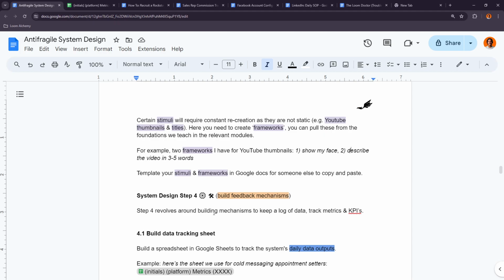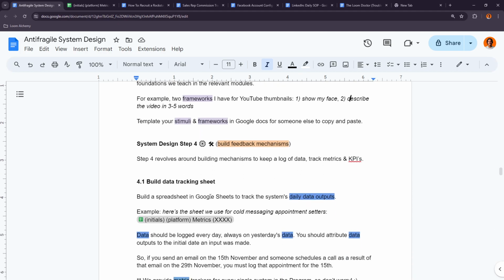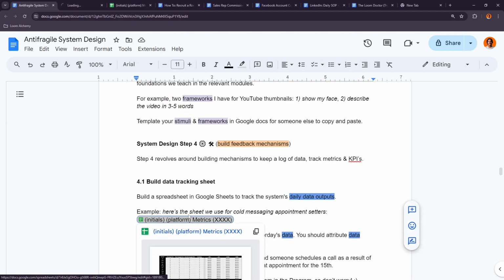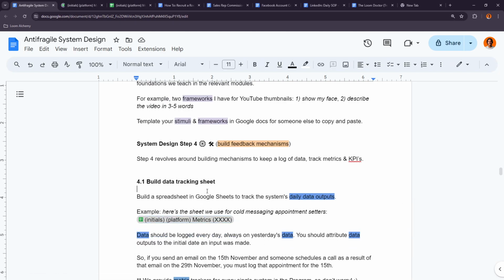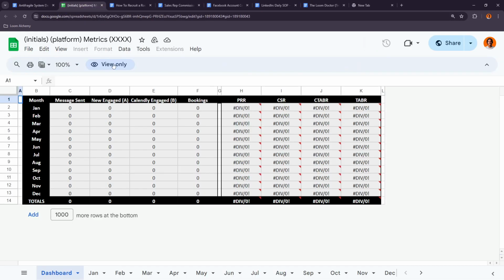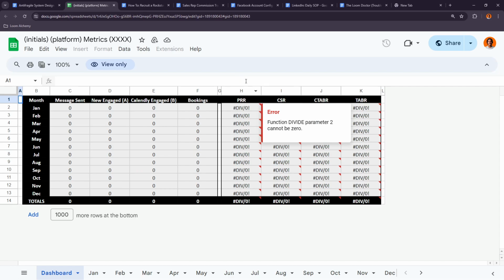Step 4 revolves around building mechanisms to keep a log of data, track metrics, and KPIs. For example, this is a sheet that we use for cold messaging appointment setters. Here we basically track how many messages were sent, how many new people engaged, how many Calendlys were sent, and how many bookings were done each month. And basically the positive reply rate, the Calendly sent rate, and everything is calculated automatically so that we can see